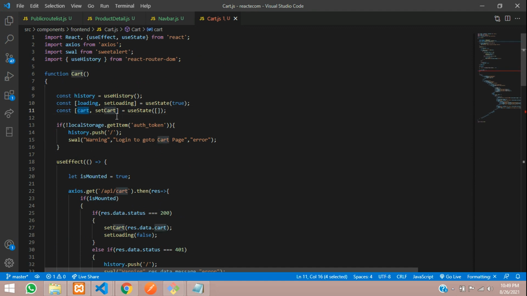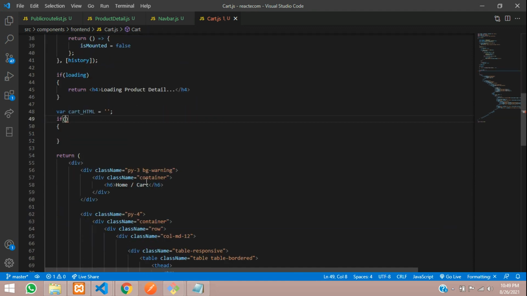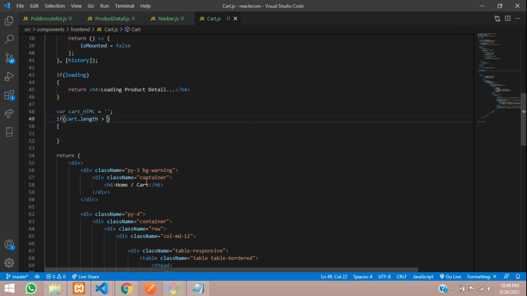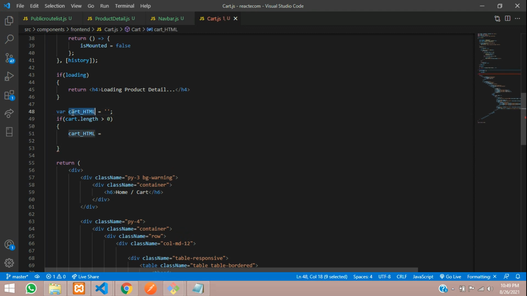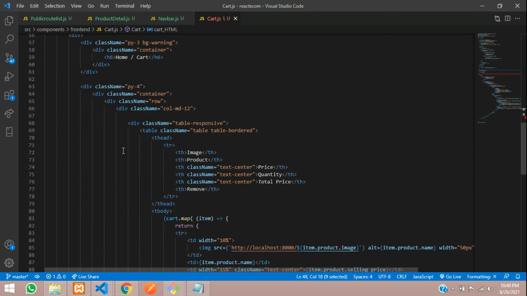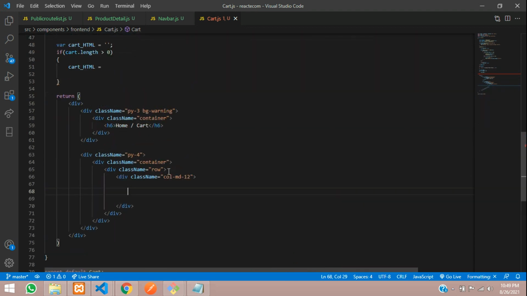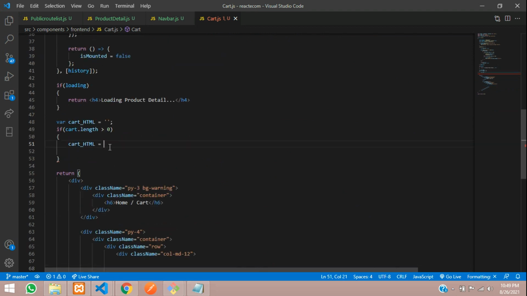This cart, your useState of cart, dot length is greater than 0. If it is more, then only you can show the output. So let's tell cart_HTML is equal to the same variable. Okay, so just need to copy and paste and take this table-responsive fully. So let's Control X and just paste that over here.